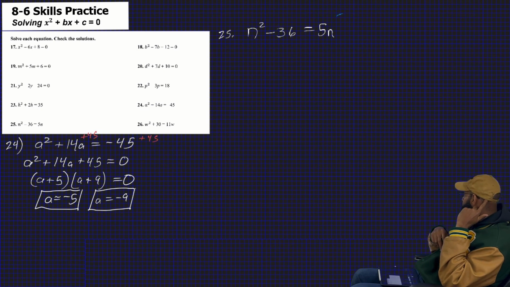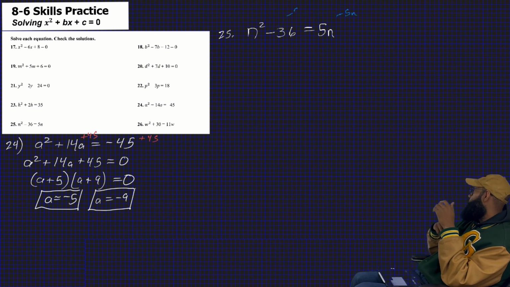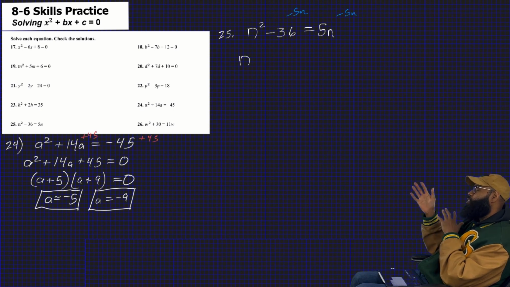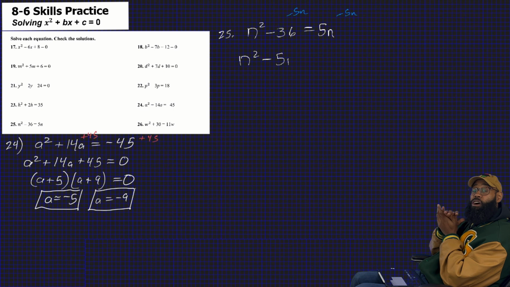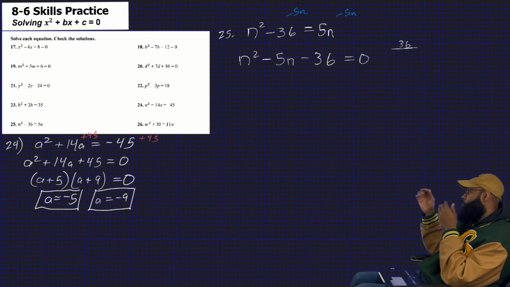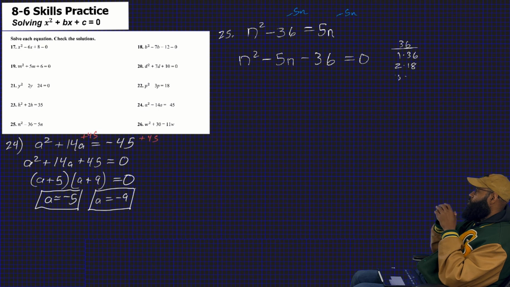For 25, again, we really got things out of position. Our middle term is now on the other side of the equal sign, but it doesn't stop me from understanding what we like to call standard form. And standard form means it's in order. n squared minus 5n minus 36. Oh, I gotta work it out. 1 times 36, 2 times 18, 3 times 12, 4 times 9,